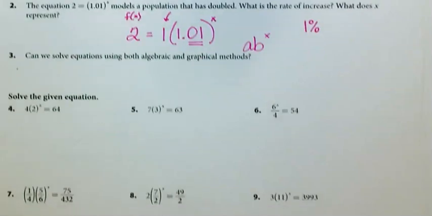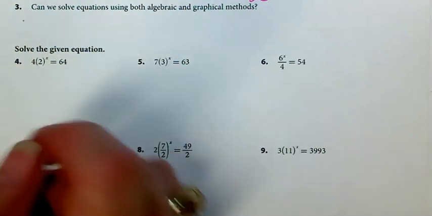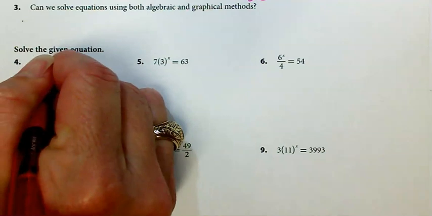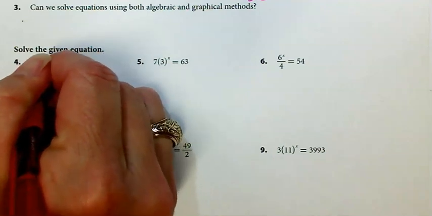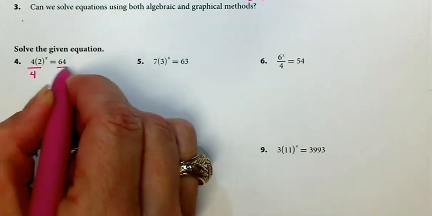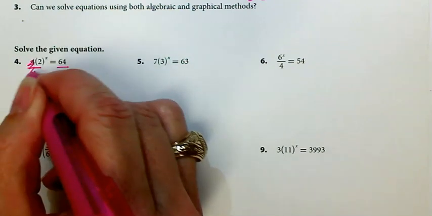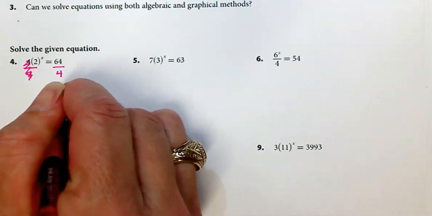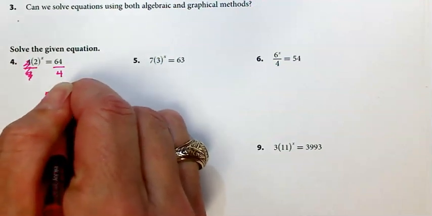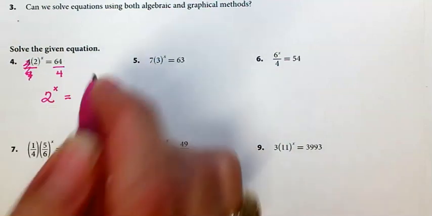All right. So let's start down here with some actual problems. And I'm going to start with number 4. The first thing I'm hoping that you will realize is that it's 2 to the x times 4, okay? If I divide both sides by 4, then I can simplify things. That's going to be 2. I can keep it in parentheses if I want to, but I don't really need to at this point. 2 to the x is equal to, well, 64 divided by 4